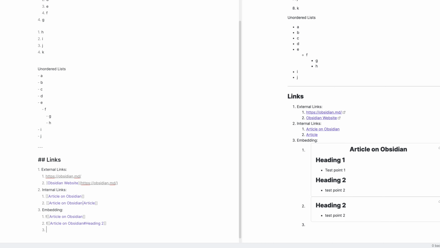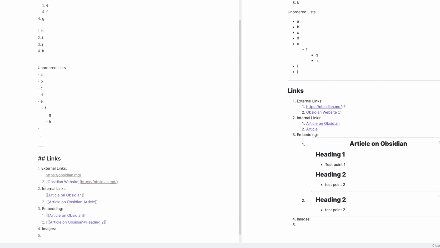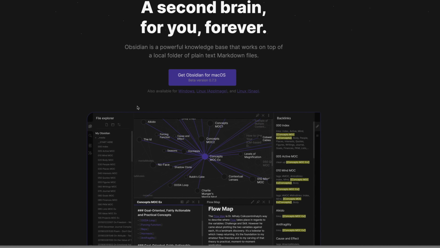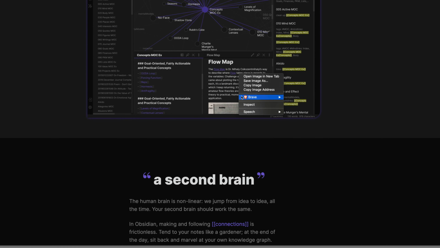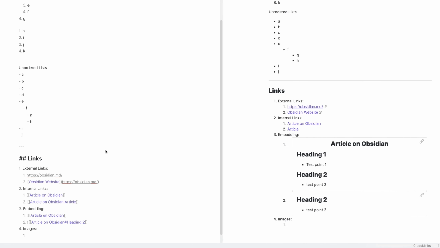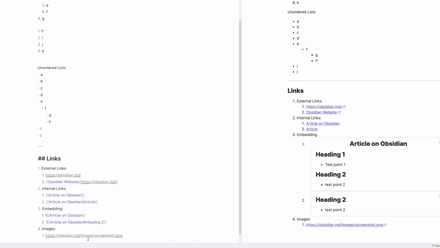Next we look, again shift tab, at images. Now for images, if the image is from outside, I'll just copy a link from outside and then I'll paste it here. So to do that, we just head to the Obsidian page again. Let's just grab this image. So copy image address and we just paste it here.